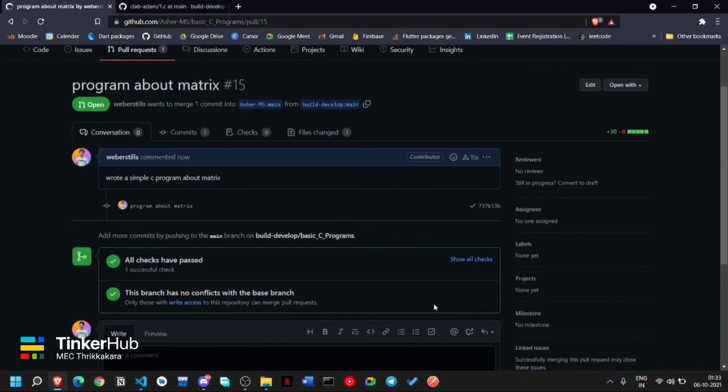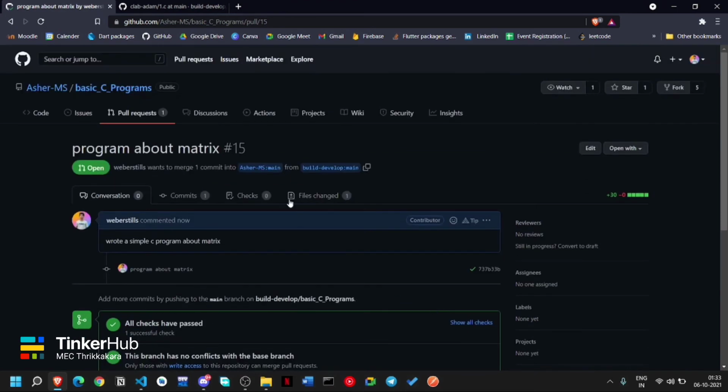You might have figured out that it is as simple as that. Just fork a repository. Then the next step is to clone the repository to your system. Next step is to make some changes. Make sure that you are doing some quality changes to the repository rather than creating a simple C program or something. Make sure that you're doing something which is beneficial for the community as well. The next step is to push to your own repository, and then the last step is to open a pull request. So that's it.